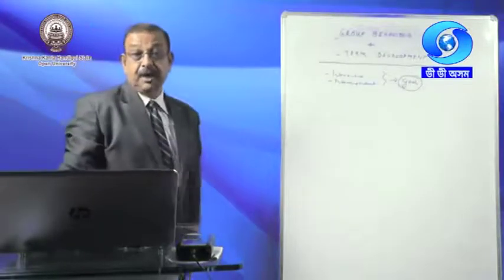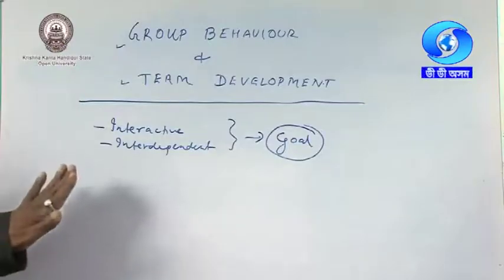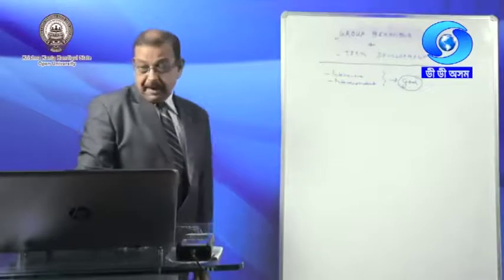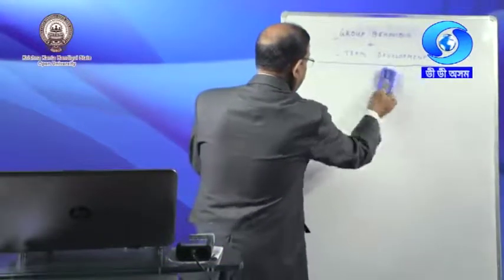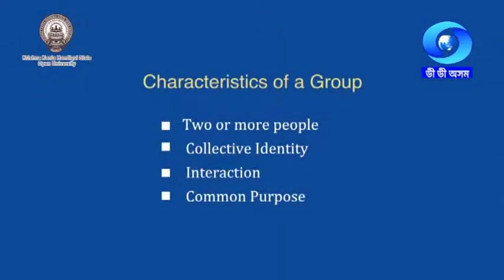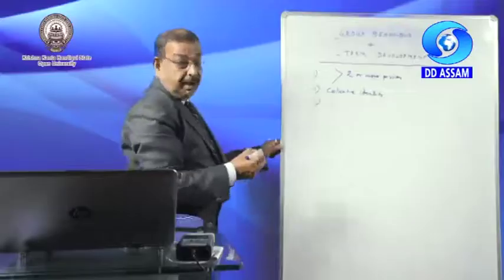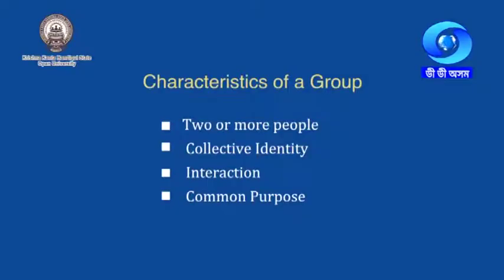So mere collection of people cannot constitute a group. That part we have to be clear at the beginning. So a group has to be characterized by this and they will have a common objective. So what are the characteristics of a group? As we have discussed, first characteristic, this interaction, interdependence. In addition to that, it has to be 2 or more persons. Then only a group will be formed. That is number 1. They have to have a collective identity. That is very important. It's not individual identity. Because an individual is a member of a group, they will have to have that collective identity. Then they will have to have the interaction and interdependence. Just now we have discussed. And they will have to have the common purpose. So these are the 4 characteristics